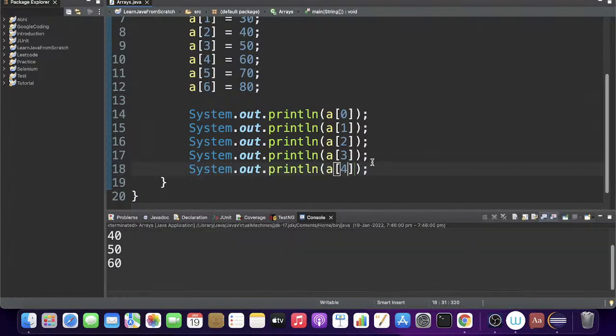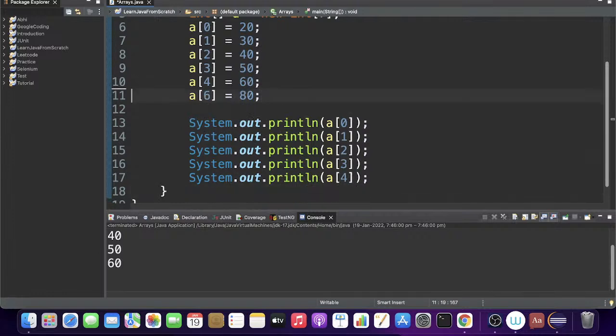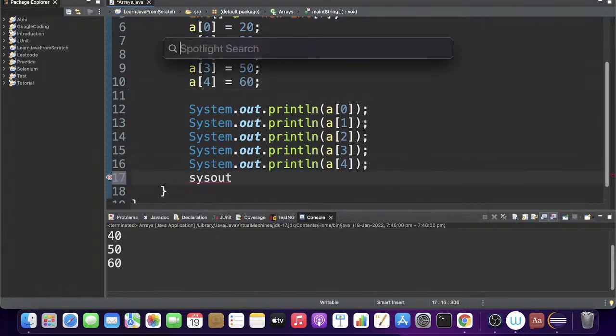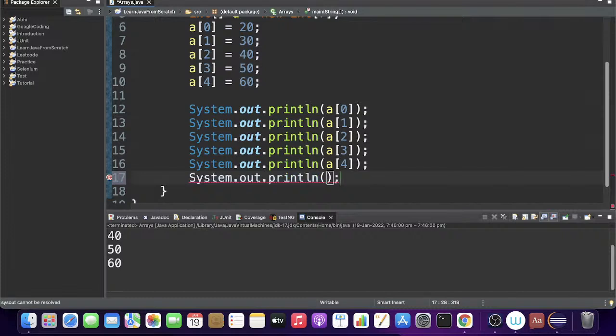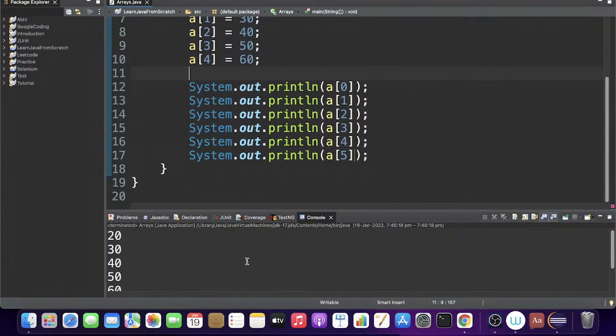Yes. So I hope this is clear to all. Okay. So now what I did, System.out.println, and a at 5. Now what will happen? See, as I said, this is of type int. So I have just given the value for starting 5 elements, but for the next 2 I haven't given any